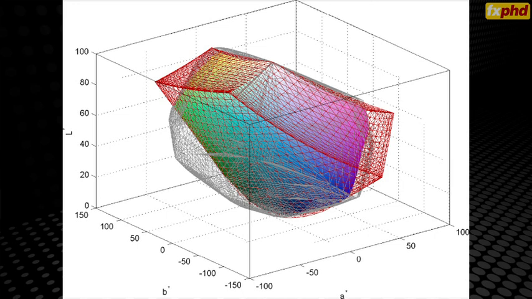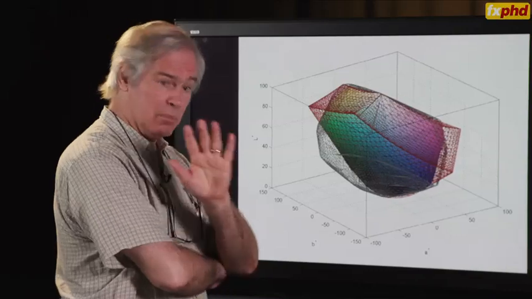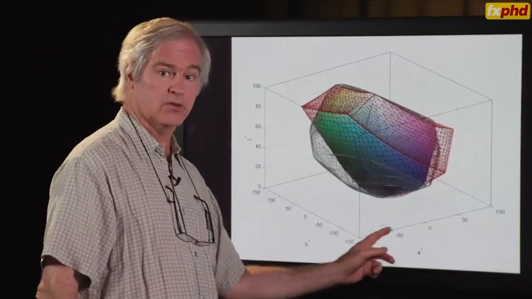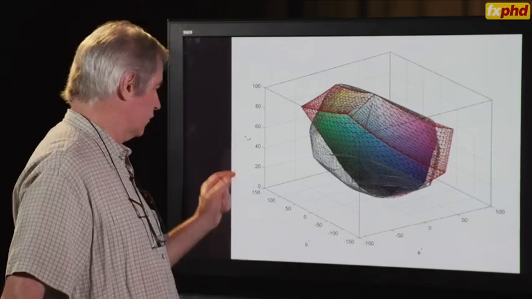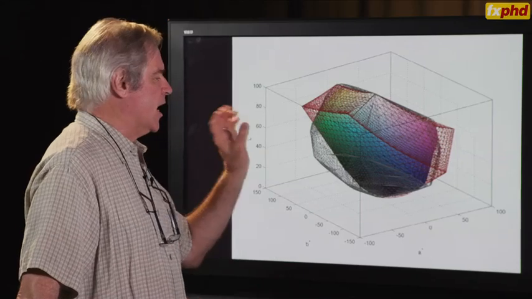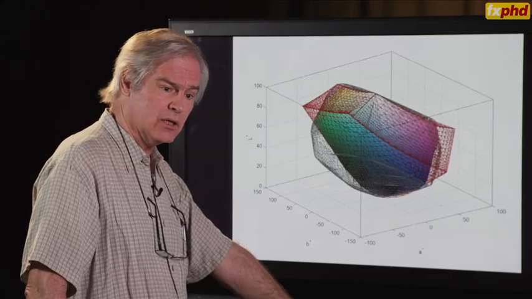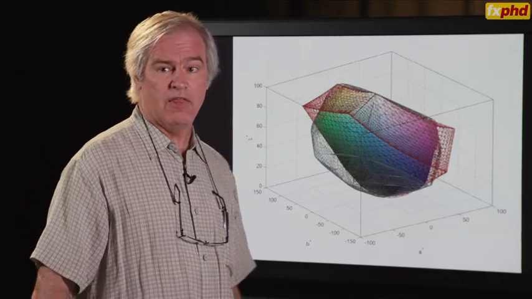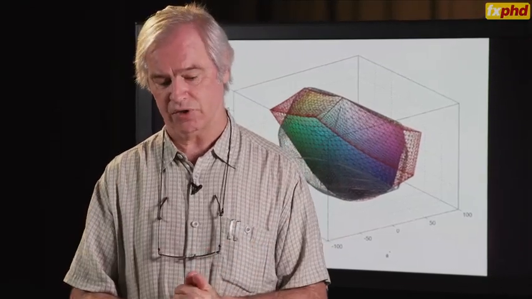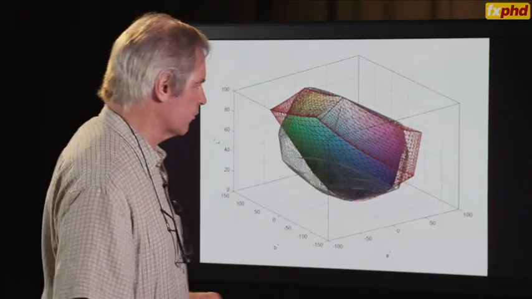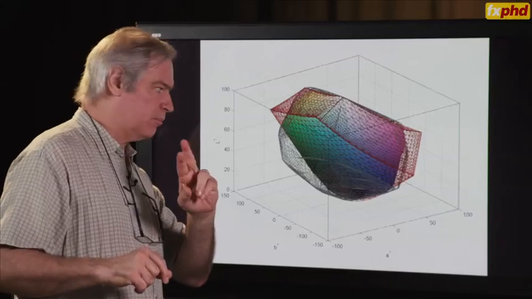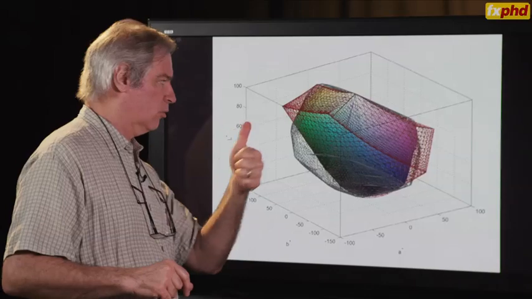A committee of the CIE took Pointer's 1976 data and replotted it now in A star B star coordinates, but still, roughly speaking, plus minus 100 on A star and B star and 0 to 100 on L star. And superimposed upon that plot, the sRGB cube, which are the colors that a traditional computer graphics person or a desktop graphics person might think are all of the colors. And now two things I'll point out. One thing pointed out on the way.